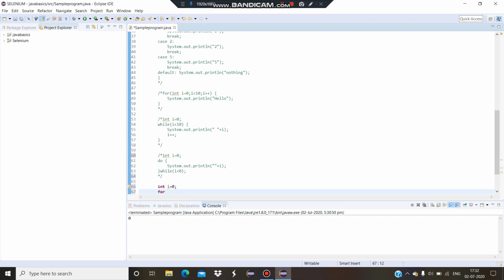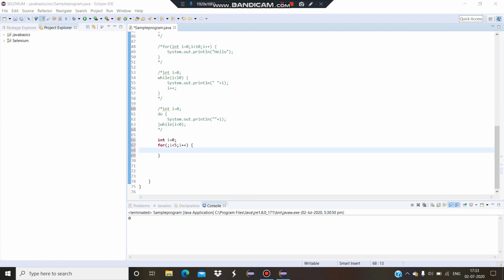So for, if you have initialized already, you can directly write a semicolon, then i less than 5, i plus plus. So I am printing i here.